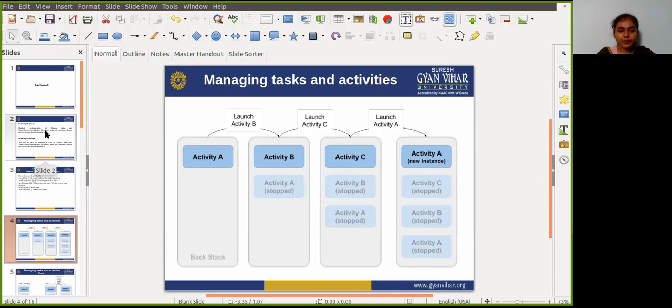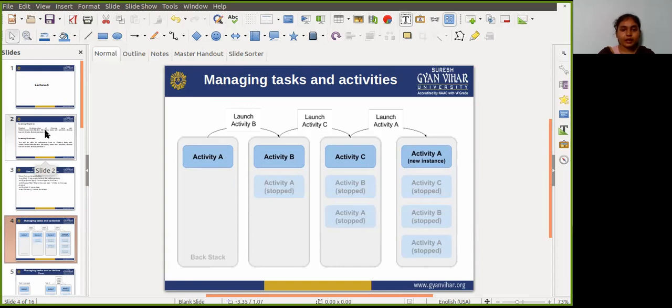So, for example, say you have an app with three activities, A, B, and C. A launches B with an intent, and B launches C. Okay, so C in turn sends an intent to launch A, and in this case, the system creates a second instance of A on top of the stack.